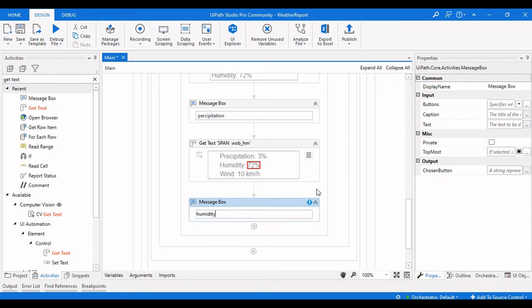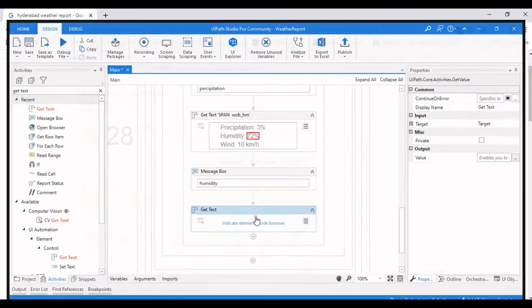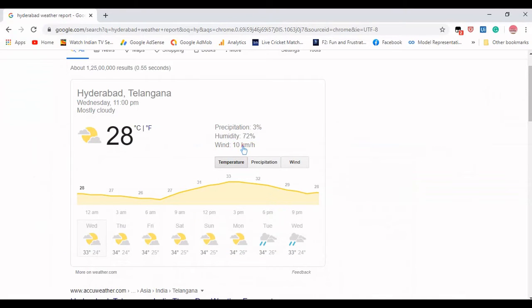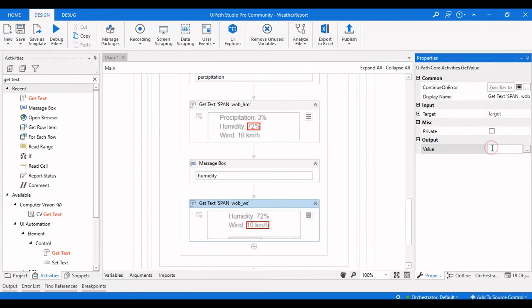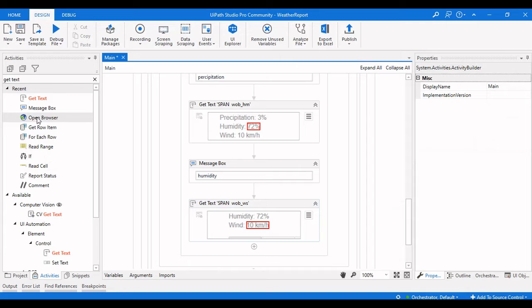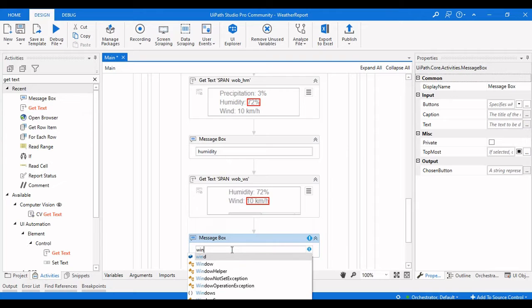Humidity, and then the last and final one is the wind. So give the output variable as wind, and give the name as wind in the message box.